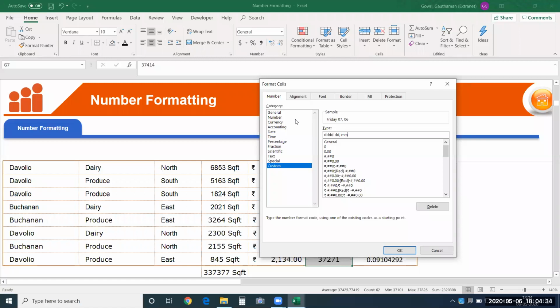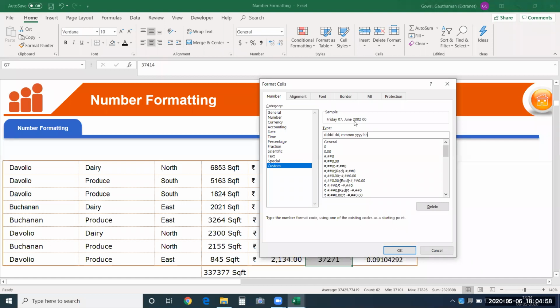This gives me the month number. Another M, half name of the month. Another M gives me full name of the month. So I'll give space. I would like to see 2 digits of the year, another 2 digits. So you'll see the complete date in this manner. Along with this, if you want to display time, you can provide that also.